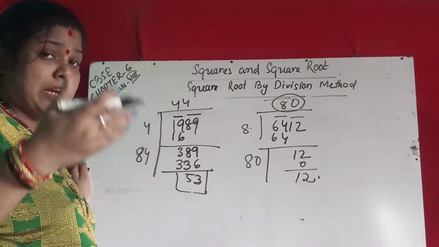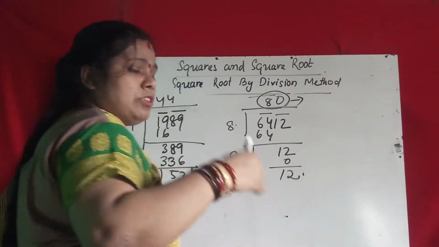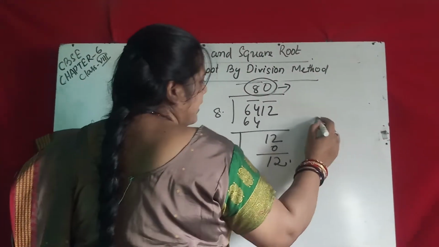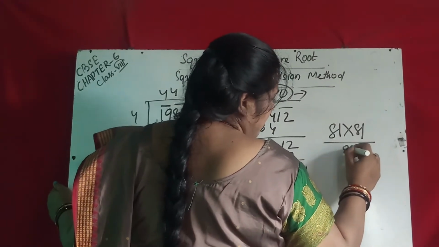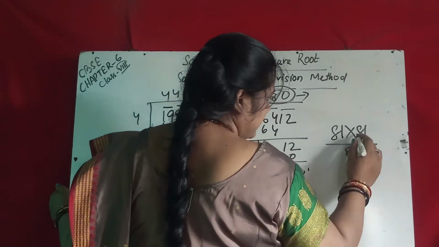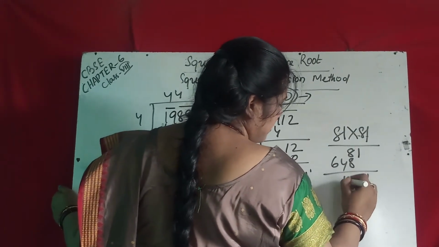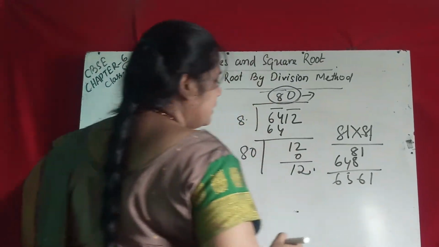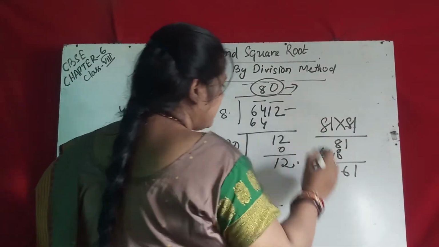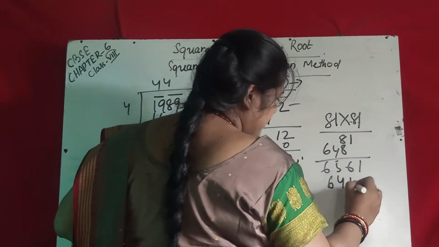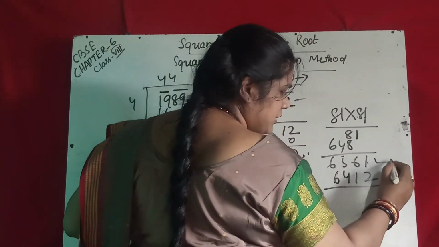So next, what number is added? I said already that you take the square of the next number. Suppose 80, the next number is 81, you take the square number. 8 by 8... 1, 81, then 81 81 is 8 8s are 64. 1. So 6 5 6 1. When you multiply the next number's square, then you subtract the given number. The procedure: second step, you subtract the given number. 11 minus 2, how much? So it is a perfect square. So you subtract this.